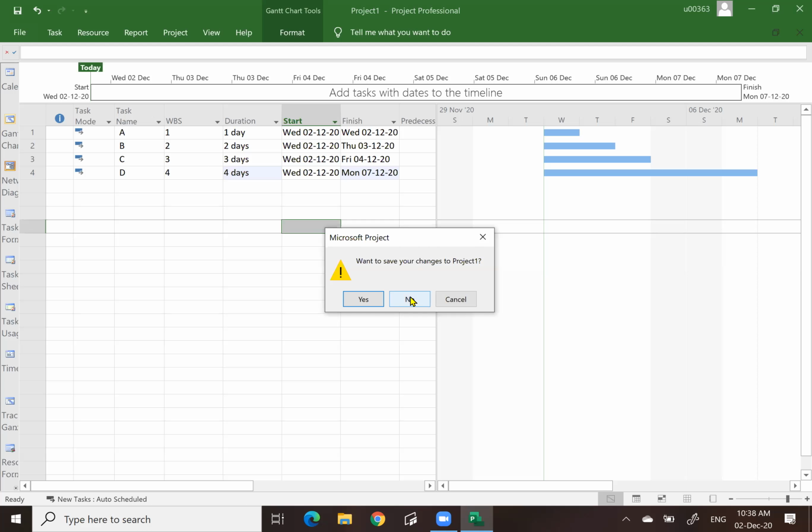So you notice this sign keep coming. Why? Because I already set my computer to save every 10 minutes. That is the one that you normally would like to do as well. So before we go into this one,